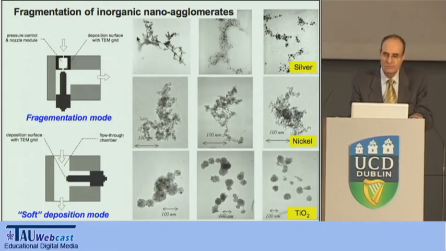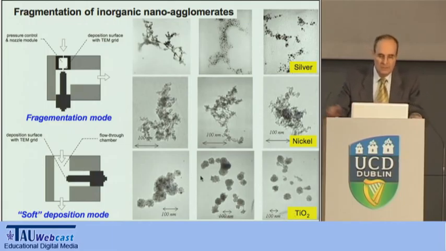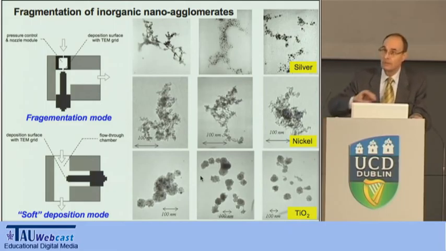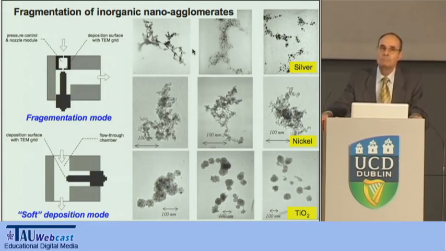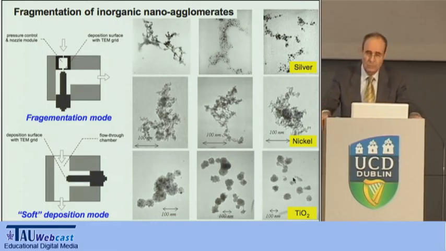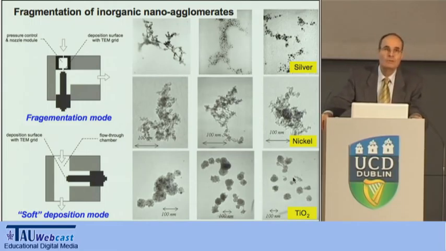And what you can do is for different materials, and these are all inorganic, silver, nickel, titanium dioxide, if you increase the impaction velocity, you can increase the degree of fragmentation. You can measure this fragmentation curve. You can see that some materials will break up with reasonable degrees of energy into essentially their individual constituents. The nickel here won't break up at all, for example, though it's very much in the same size range of a few nanometers. And some other materials will break up into subconstituents, which are not necessarily the primary particles, because